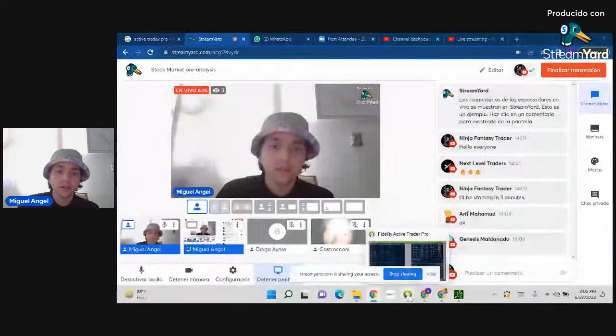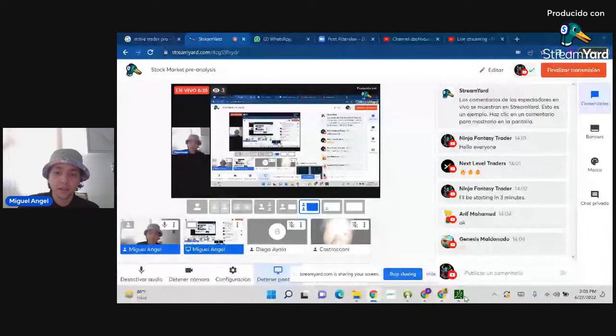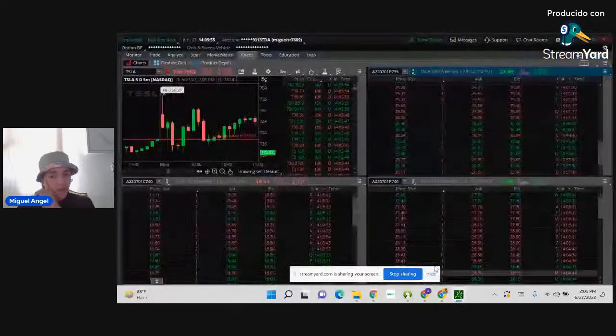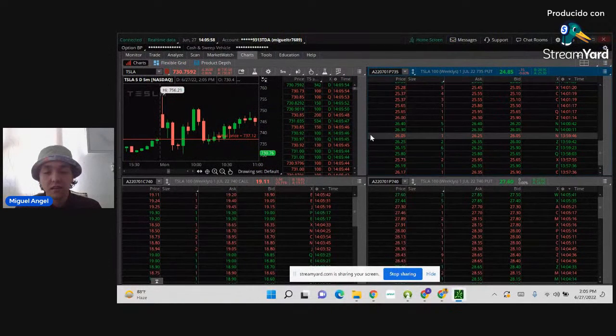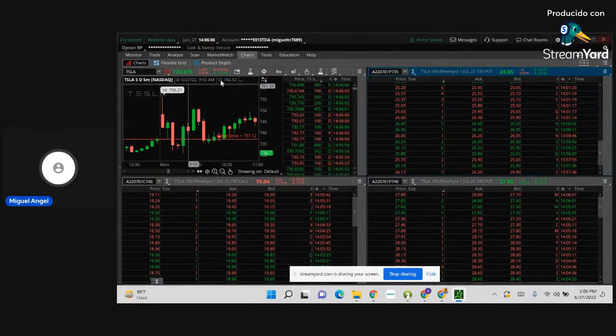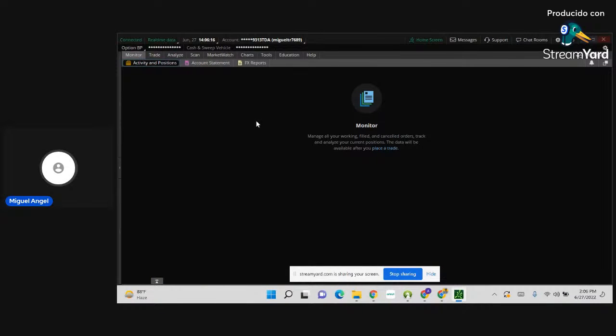Perfect. So one of the main apps I use to analyze the stock market is called Thinkorswim. The reason why I like Thinkorswim a lot is because you can have different screens showing different stuff at the same time, but it is really organized. So that's why I like Thinkorswim a lot. So the first thing is that if you're a first user to this platform,